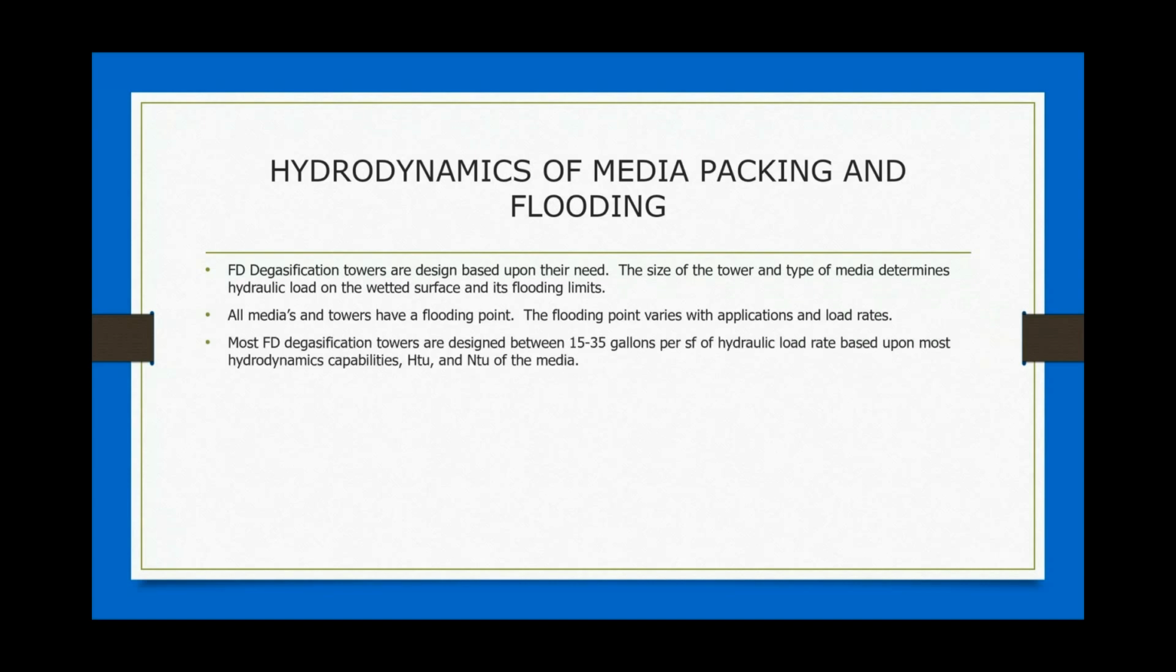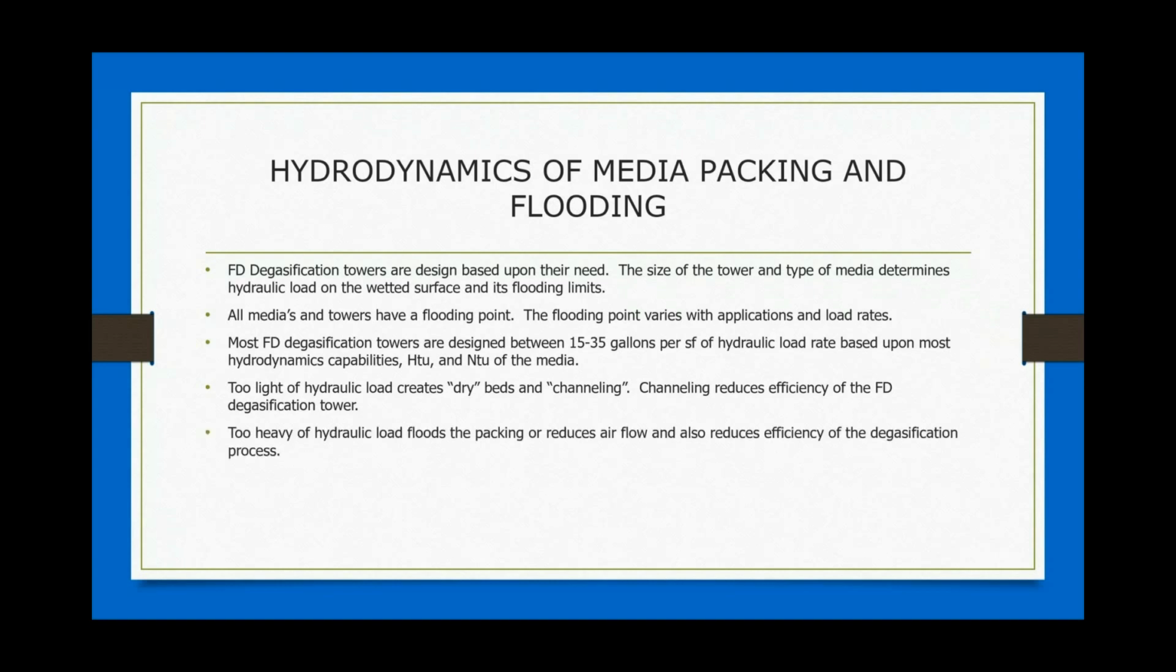Most of the forced draft degasification towers are designed between 15 to 35 gallons per square foot of hydraulic load rates, based upon the hydrodynamic capabilities, the HTU and the NTU values of the media packing. Too light of a hydraulic load creates what I call dry beds and channeling. Channeling reduces the efficiencies of the forced draft degasification towers. As we talked about earlier, channeling is basically the water being all in one location and not distributed evenly across the packing. Too heavy of a hydraulic load floods the packing and reduces airflow and also reduces efficiency of the degasification